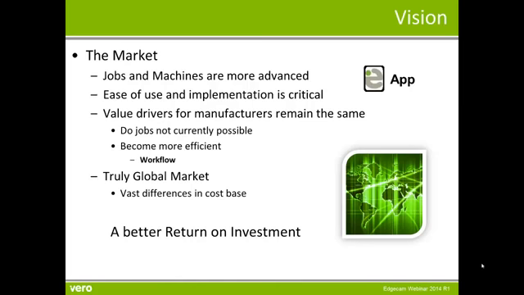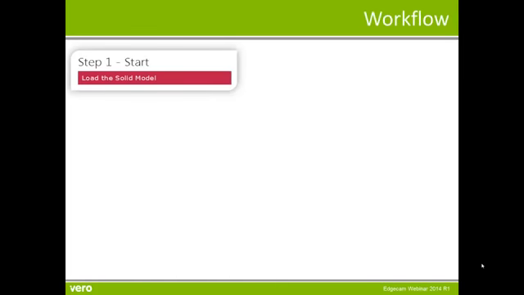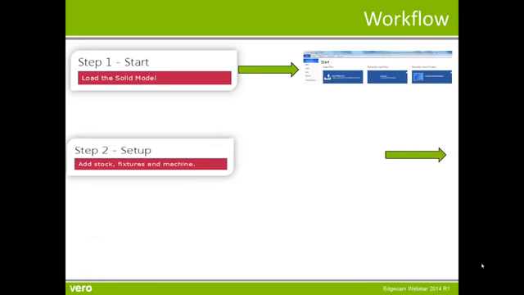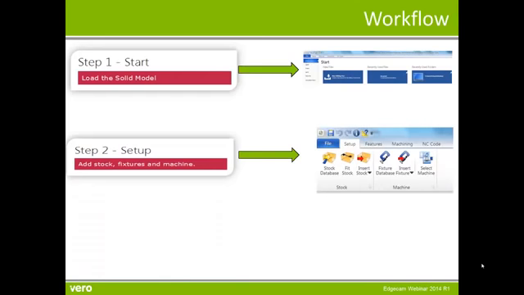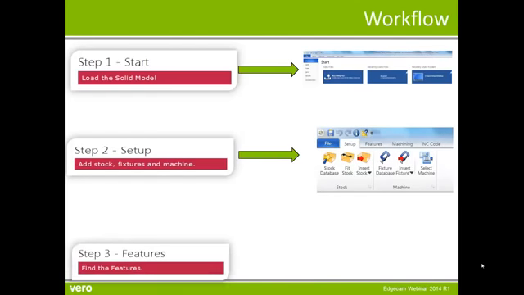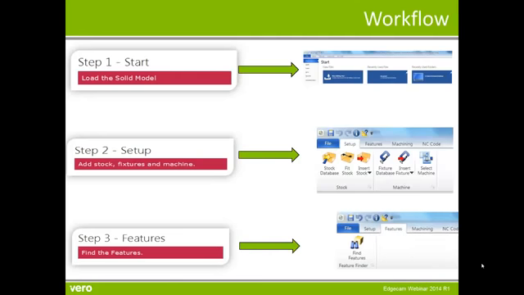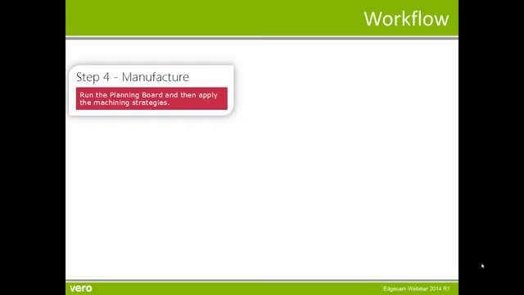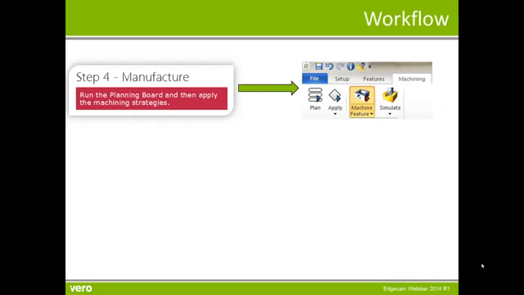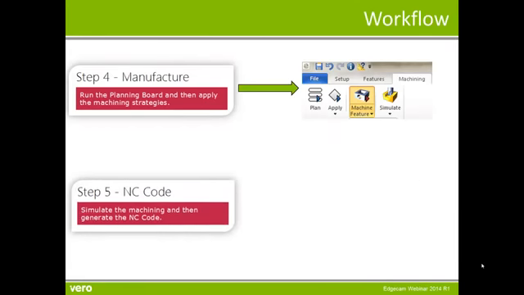First of all, we start the file at what's called the backstage. This is where we load the CAD file. Then we set the part up, considering stock, fixtures and machines. Before moving on to Edgecam's advanced feature recognition, this was where we found the turn profiles, the grooves, the pockets, the holes. And then we moved into the manufacturing area, where we applied the planning board before executing the toolpaths. The final stage was to review the NC code, looking at simulation,